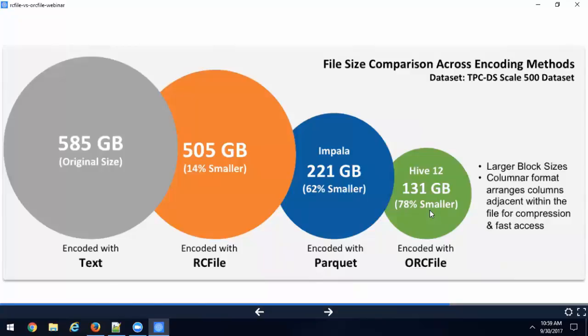We talk about encoding in a little bit more detail in the course. I don't think we have time now. We're already hitting the 1 hour mark. All right. So that is ORC. Okay.